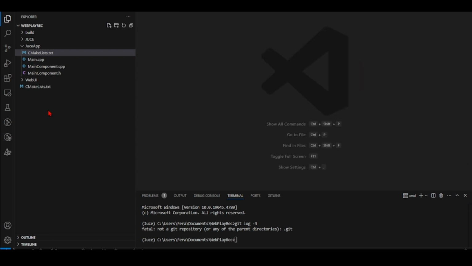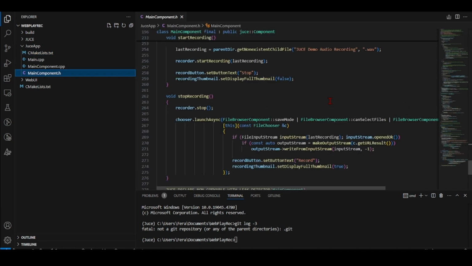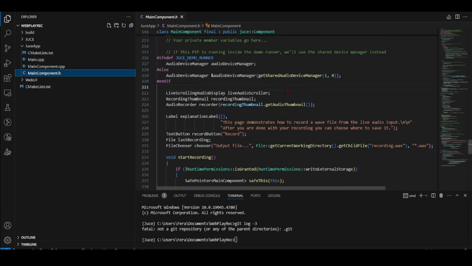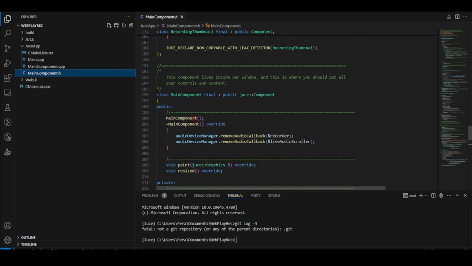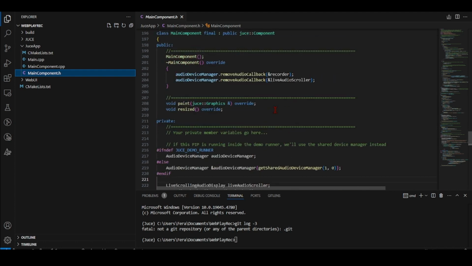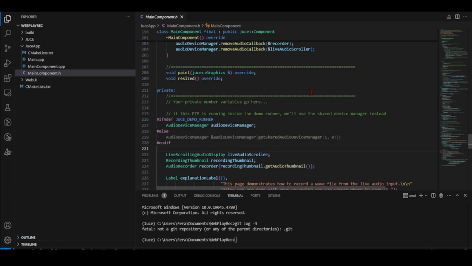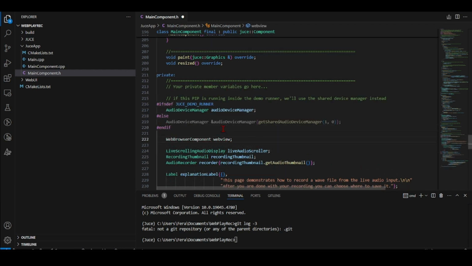Now we can go to our MainComponent. We can head to our MainComponent class, and here in our private section, we can define the WebBrowserComponent, the WebView. Now we can go to our MainComponent.cpp,